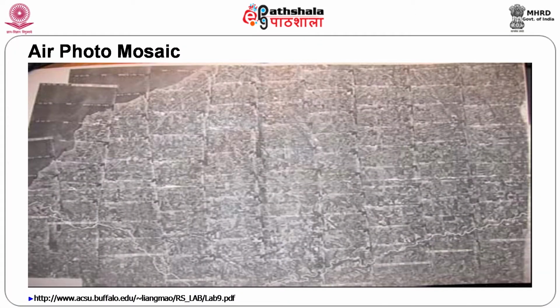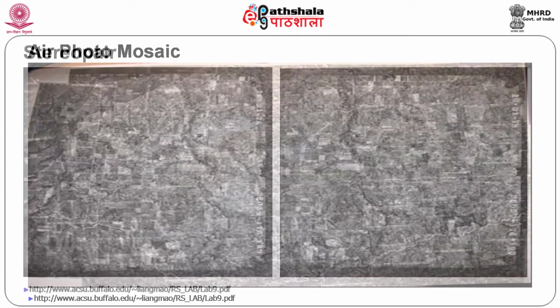Now you can see how aerial photographs are mosaicked. You can see here 1, 2, 3, 4, 5. So this is how aerial photographs are mosaicked. Of course, this is one method of indicating how it is mosaicked, and you can see that areas are overlapped, and the overlaps are all removed, and it becomes one particular unit. This we call a photo mosaic.